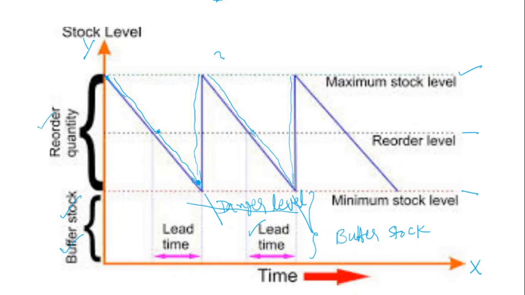As and when the reorder level is reached, we give the order, that is the reordering quantity of material. When we give the reordering quantity, the quantity which is already consumed is ordered. Through that, we collect the same number of units of raw materials, and finally it again reaches the maximum stock level. These are the different stock levels explained through the graph.